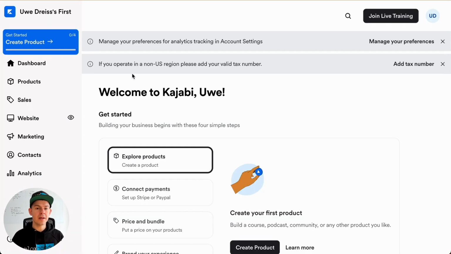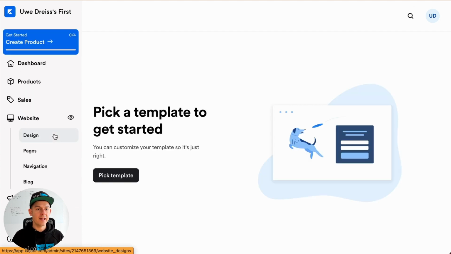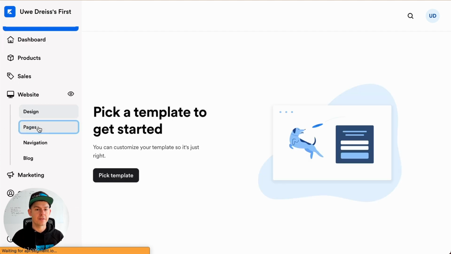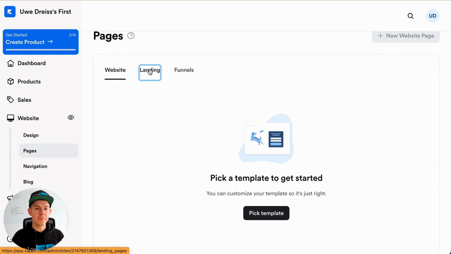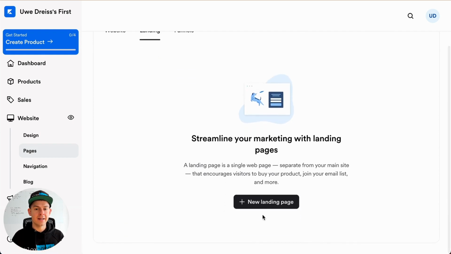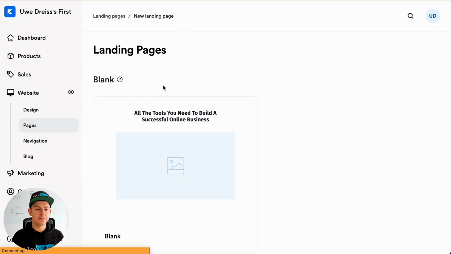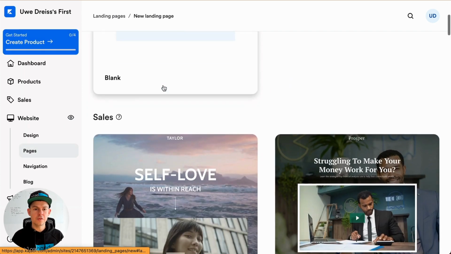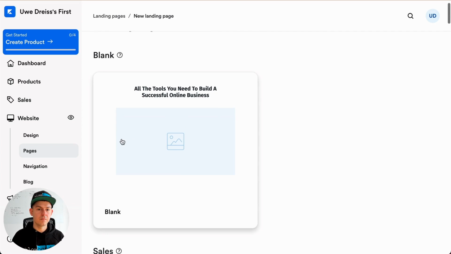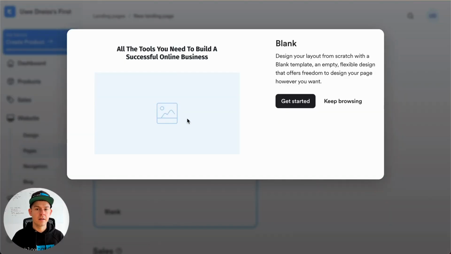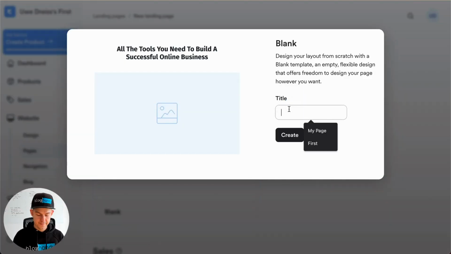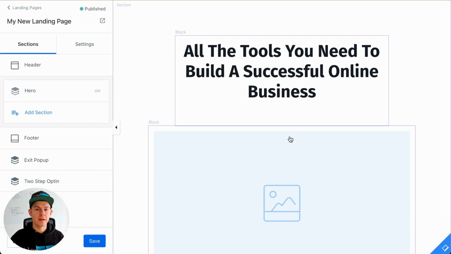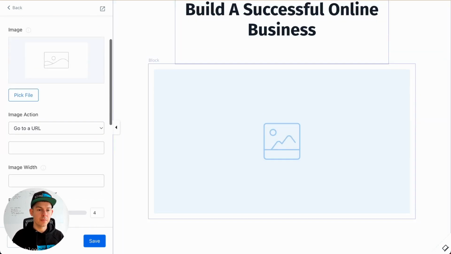Alright, I'm now in my Kajabi account and I just click on website and then I go to pages. I just add a new landing page, so I click on landing and I click on new landing page. Just to make this easier, I choose a blank template, get started, my new landing page. Great, so this is our blank template. Let me just remove this block here,